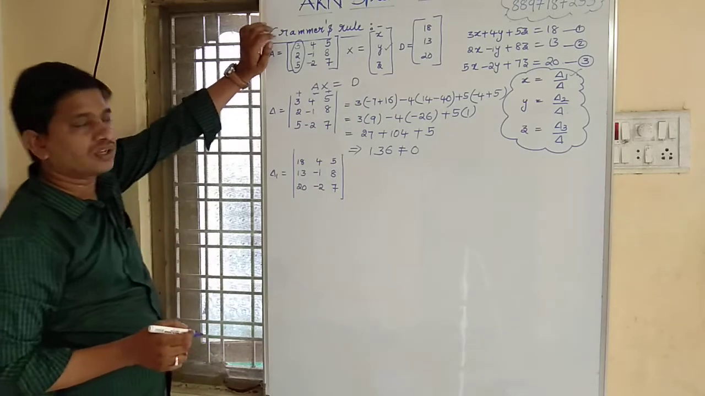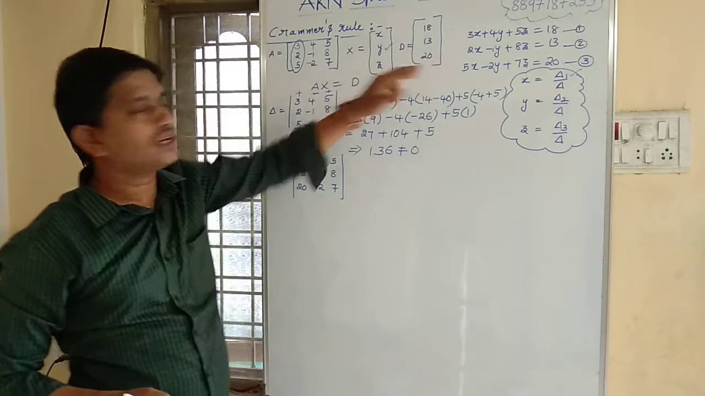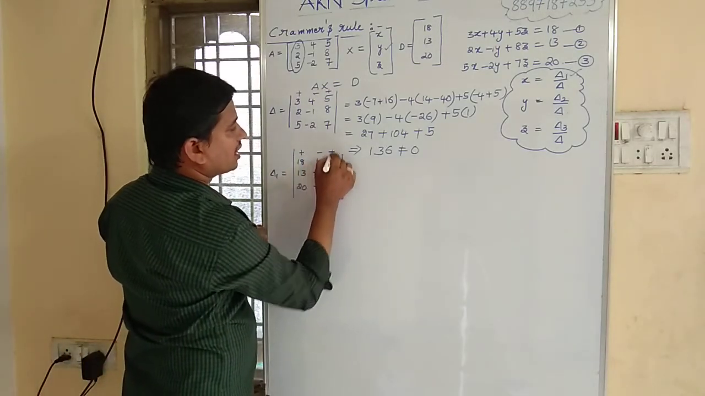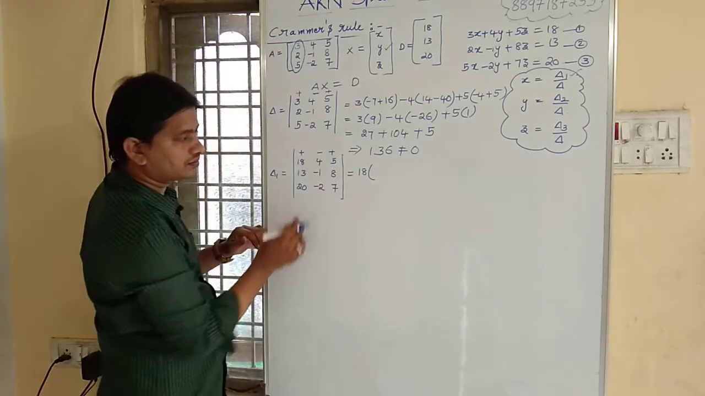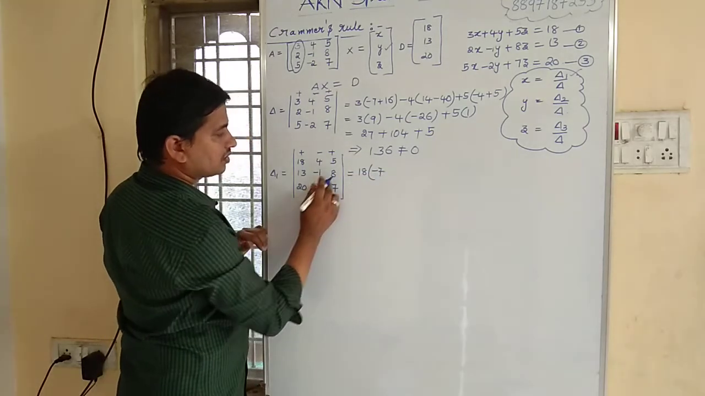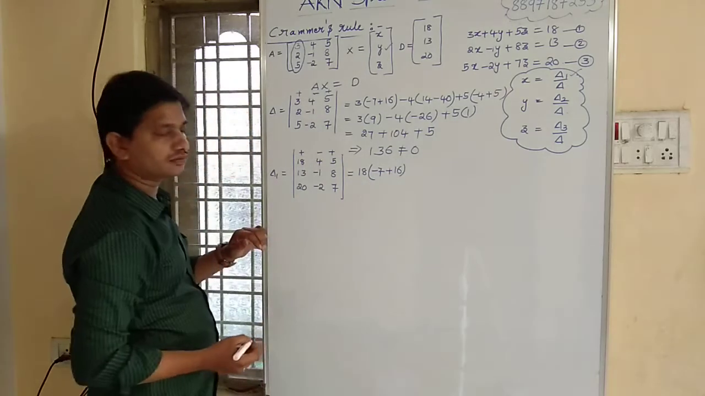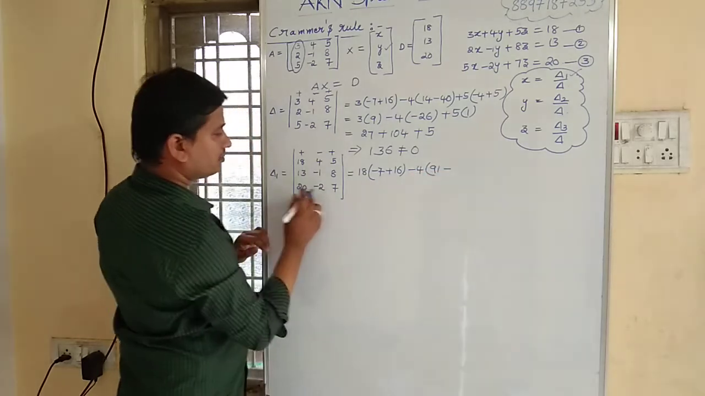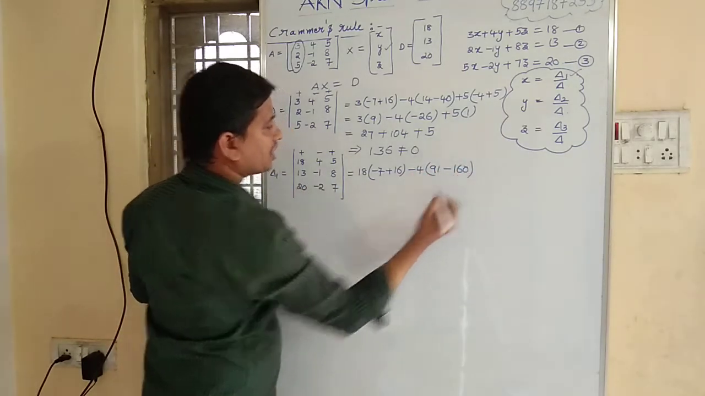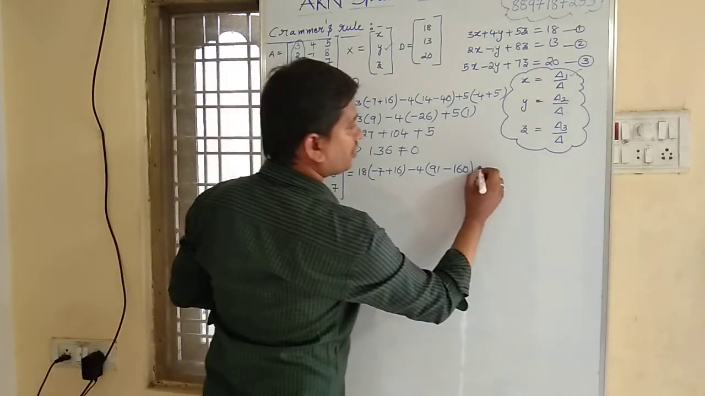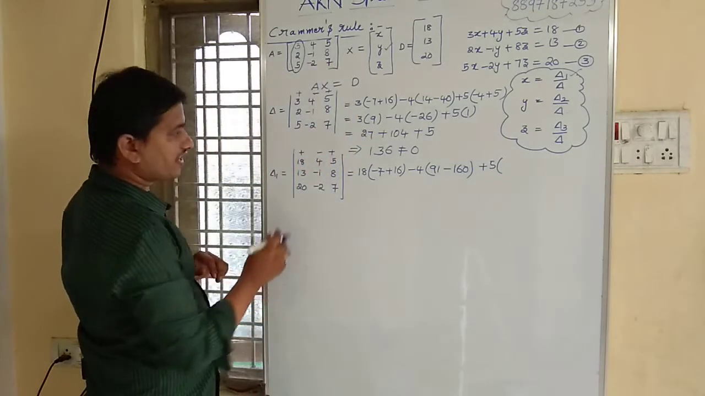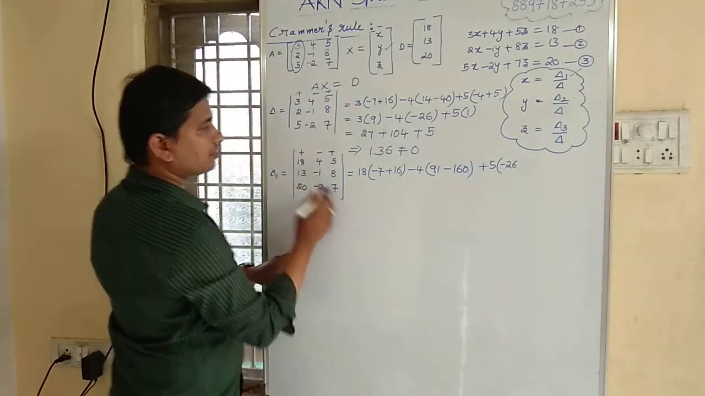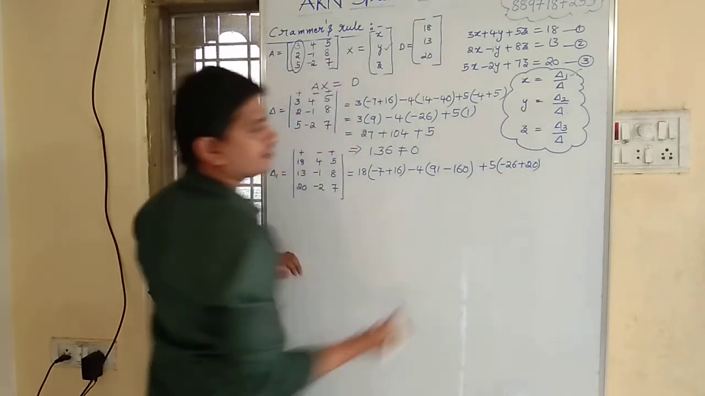We need to replace the first column with the constant matrix 18, 13, 20. Okay, so now let us find delta 1. Plus, minus, plus. So 18 into minus 1 into 7 minus 7, minus into minus plus 8 2 is 16, minus 4 into 13 7 is 91 minus 28 is 160. Next, plus 5 into